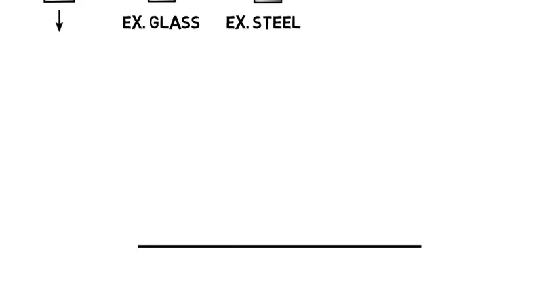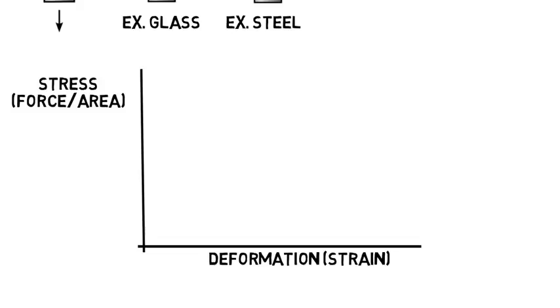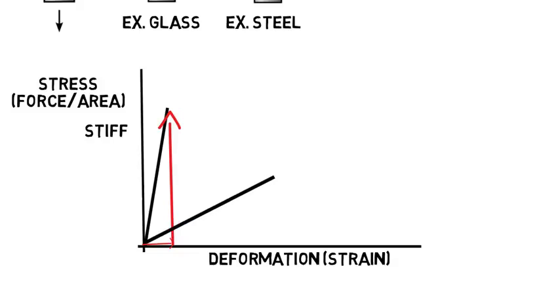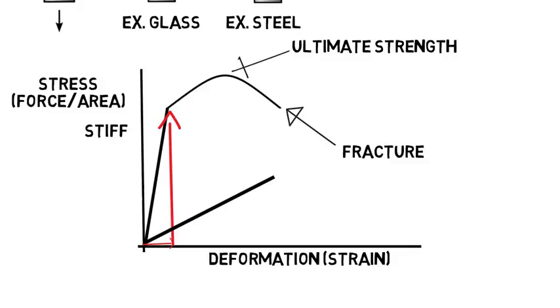In school, you're going to learn how to analyze certain graphs which have stress, or force over area, versus deformation or strain, like how far it's been stretched. Then they'll give you some curve and you have to understand it. This shows that if you pull an object very hard, it only stretches a little. So you know this is a stiff material versus a more flexible one which might look like this, like for a rubber band. And there'd be more to these curves you'd have to understand, like its fracture point, ultimate strength, what the slope of that initial line means, and so on, that can tell you more things like how brittle it is and so on. And every material will have a different stress-strain curve. Nothing you have to worry about now, but realize this is something that you'd learn.